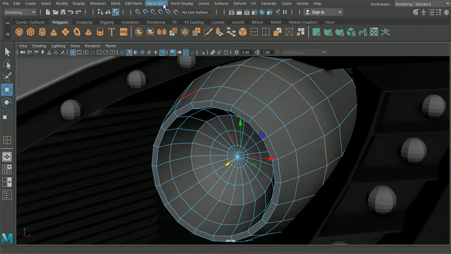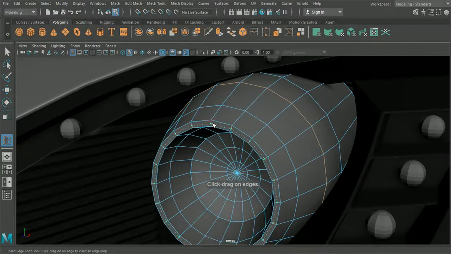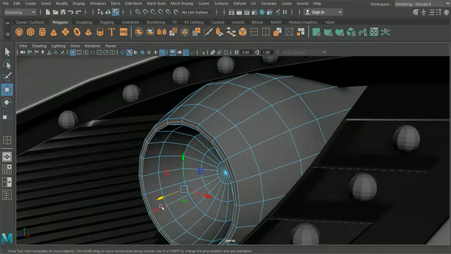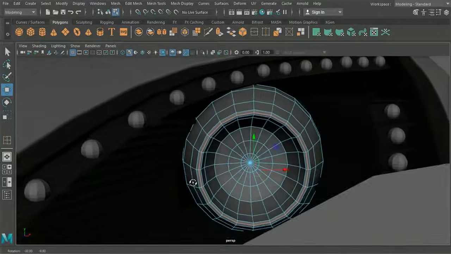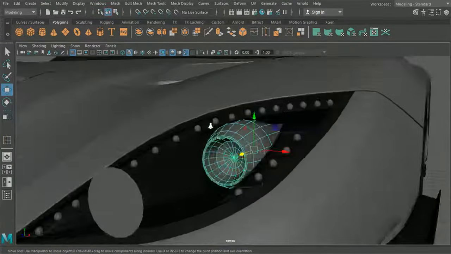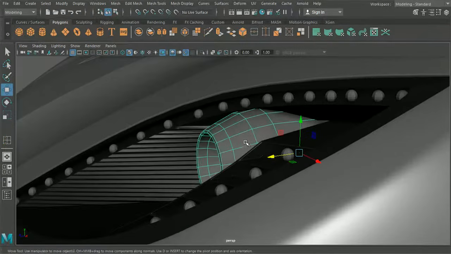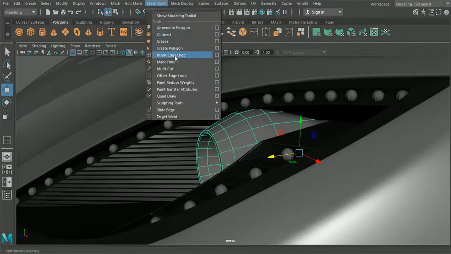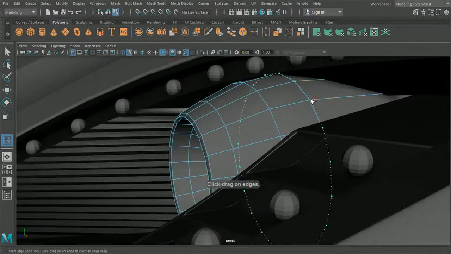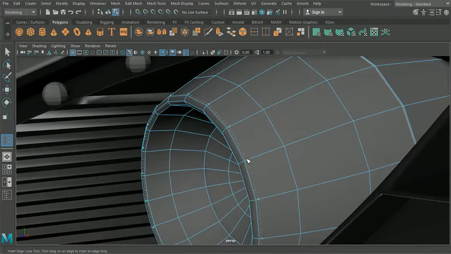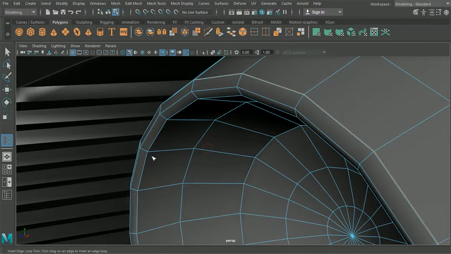I think what we'll also want to do is insert an edge loop around here and pull that out slightly so it's got more of a curve to it. Okay, and what I'll do is insert some edge loops here and here, and then we'll go on the edges here because we are going to want to smooth this.